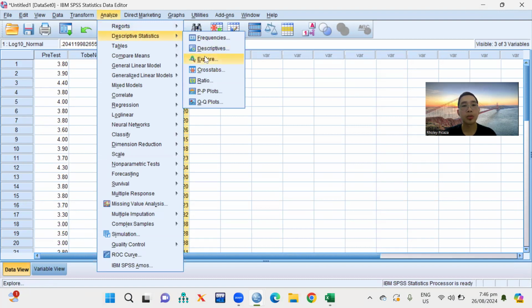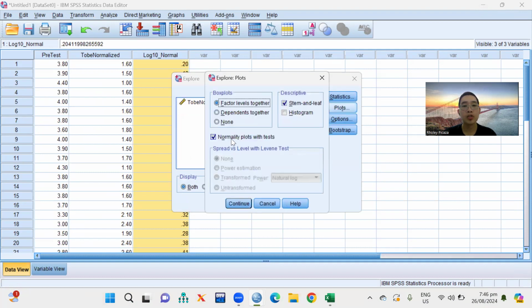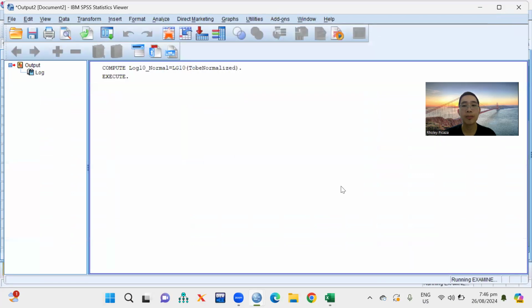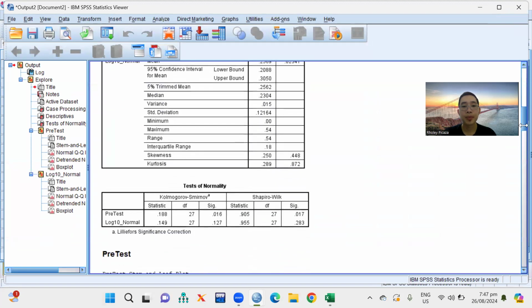Now let's check whether this logarithm is normal or not. Let's go to Explore, and put the transformed logarithm normal in the dependent list. Go to Plots, check the normality plots with tests, continue, and then OK. So let's check now the value of our Shapiro-Wilk.